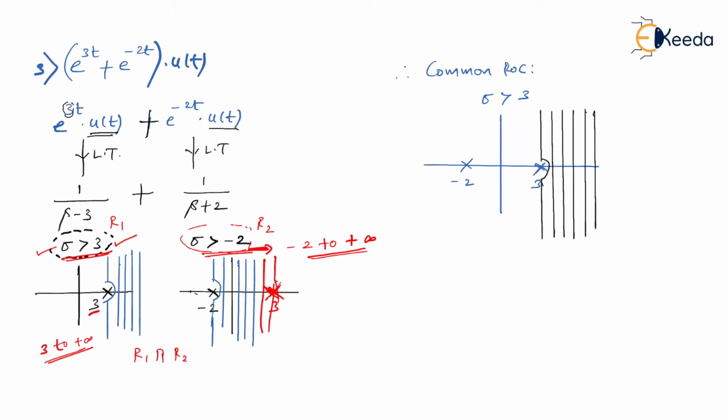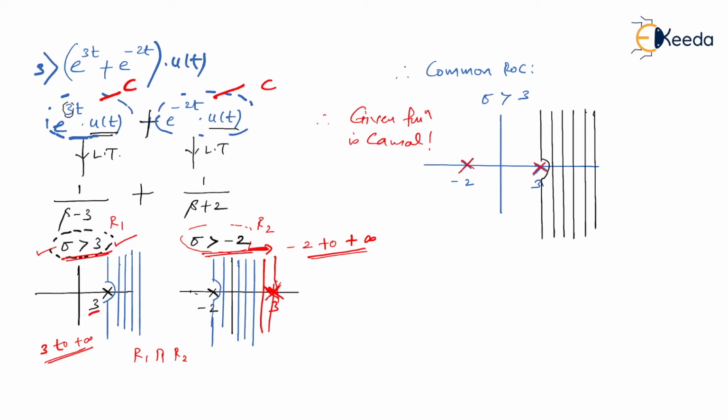Again, since the individual functions present over here are causal ones, am I right? So I would say this is causal and this is also causal. Therefore, the given function is a causal one. Since the given function is causal and whenever we are having multiple poles, then ROC is always present to the right hand side. It was decided that it would be present at right hand side because the functions are multiplied with u of t.